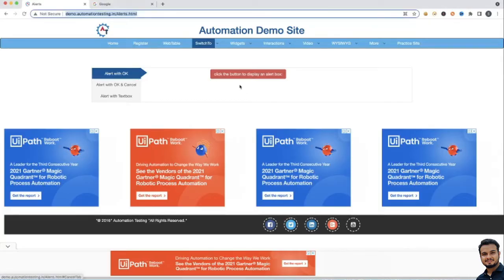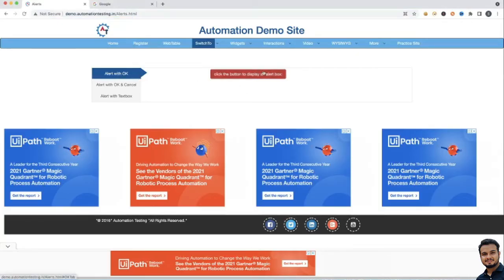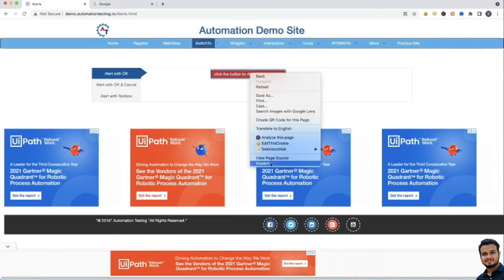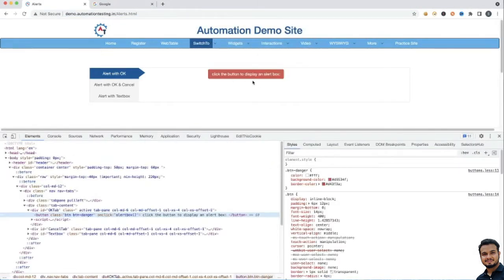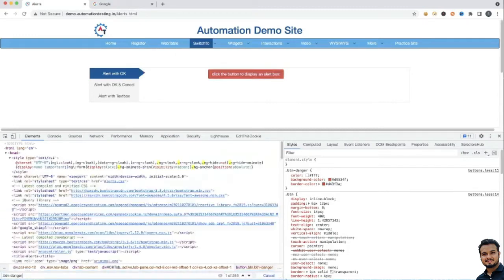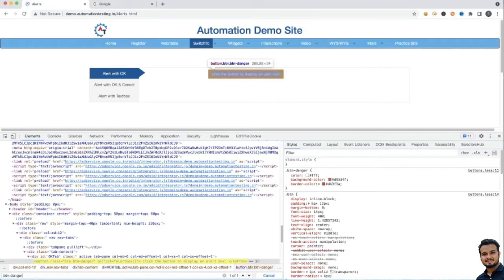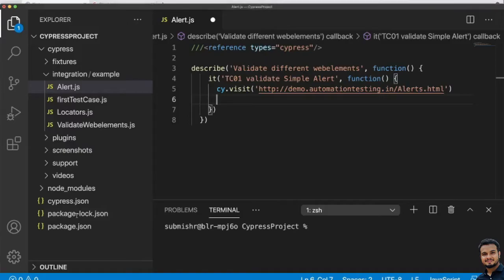Then, once you are on this URL, first you want to click here. So let's inspect, and here you see the class equal to this. If I copy this, then a dot and this class name, you see we are able to locate it.